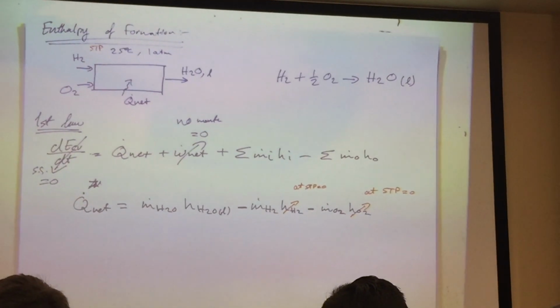So we're going to refer to this as STP, standard temperature. So this at STP equals 0, this at STP is equal to 0. Now, this is a sort of idealistic situation of this reaction, because what's